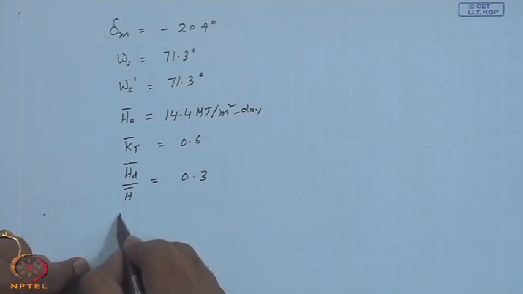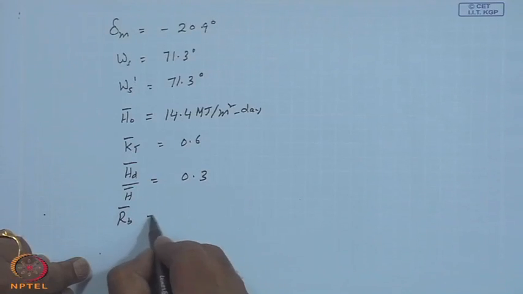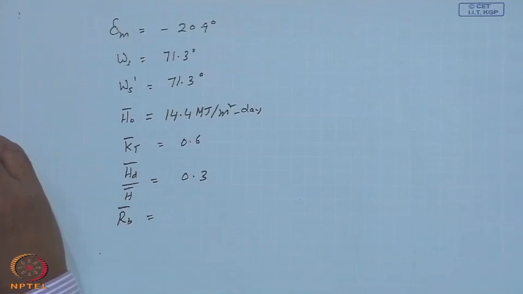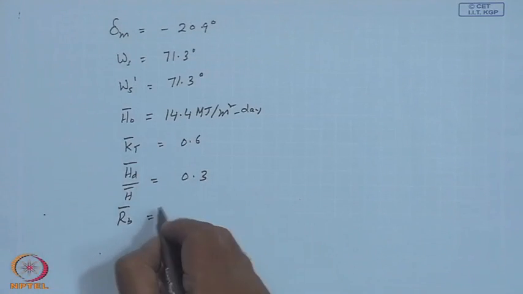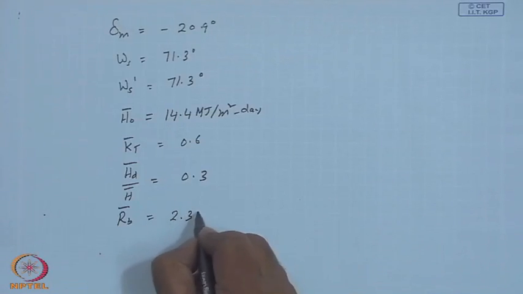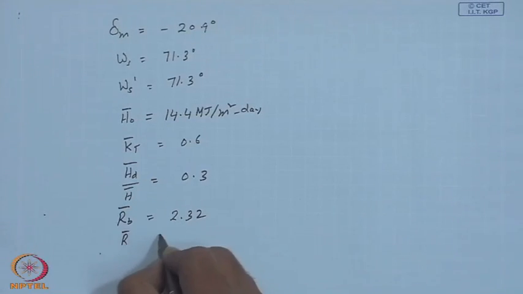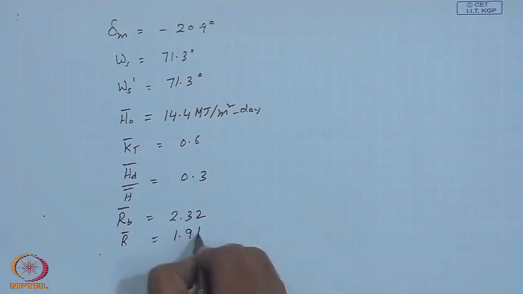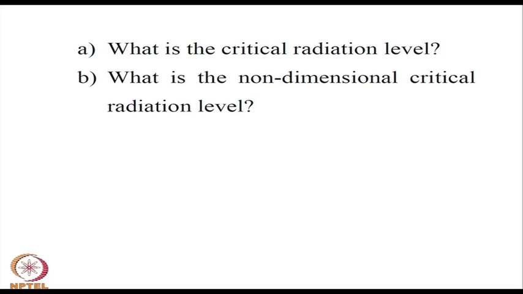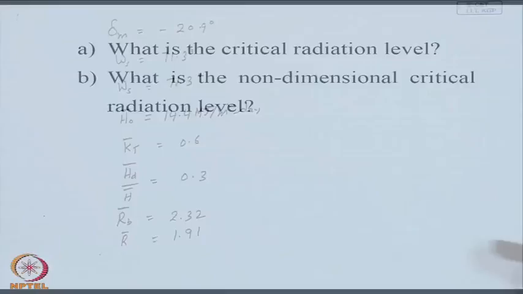Then we got RB bar 2.32, I remember, and R bar 1.91. Right, all these calculations we have done in detail,